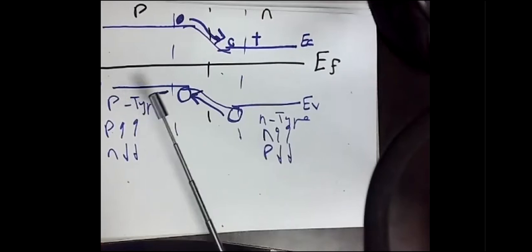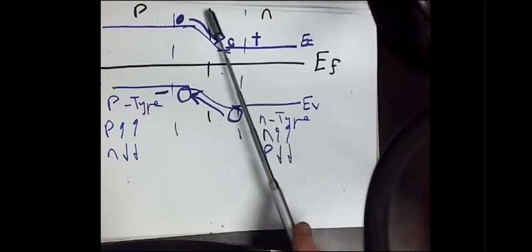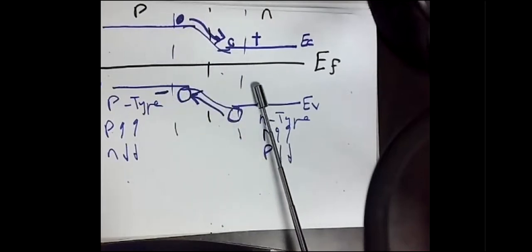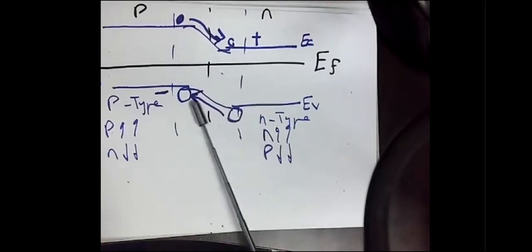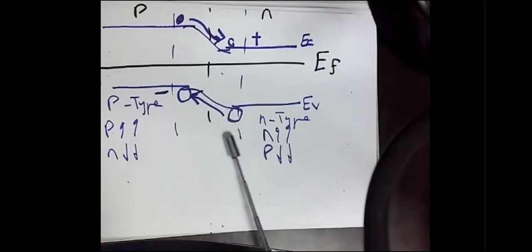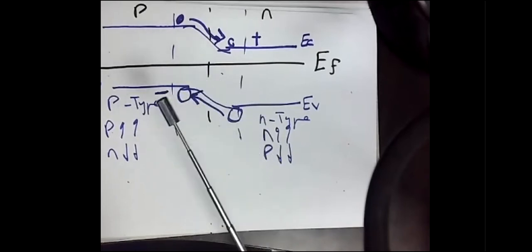But here, electrons are minority. And here, holes are minority. So first of all, this current is a minority current. I mean, a very small amount of electrons and holes are going to move either this or that. And accordingly, you should not expect a very high current. This is the first observation. The second observation is